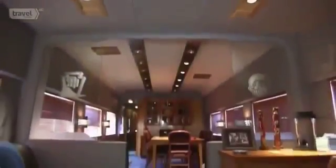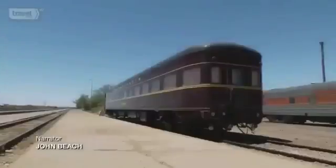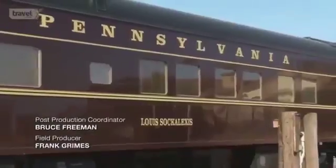Mike Solwitz says his wife has actually been with him every step of the way. Even designed the special cabin doors. A lot of people remark about the wooden doors, and then we have to tell them that these are metal doors that my wife managed to put a faux finish on. But it was Mike's passion that wouldn't let the Sockalexus die. It must be the doctor in him. The great pleasure I got out of having this car and the